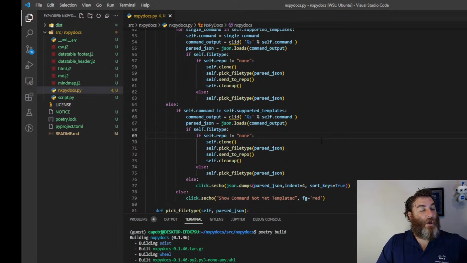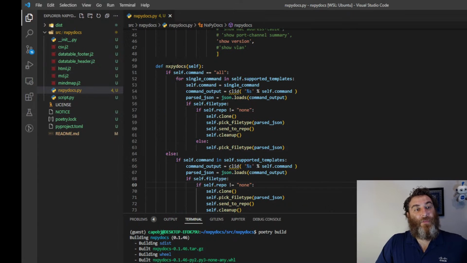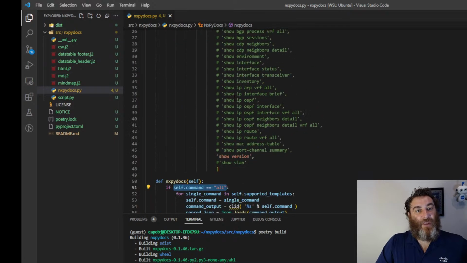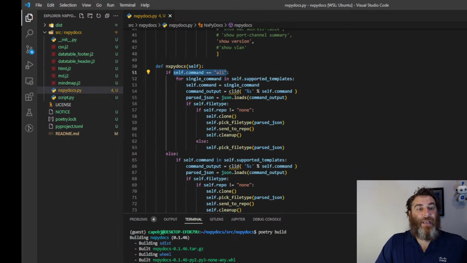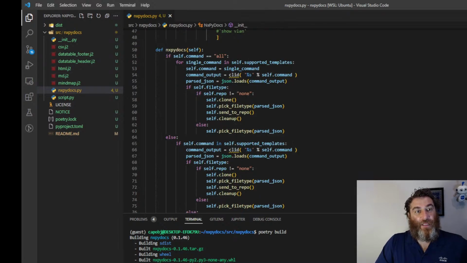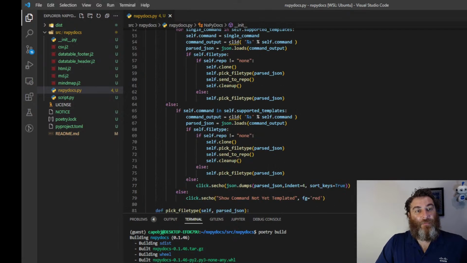So let's take a look at the code. So basically they run the command, and if the self command equals all, then loop over this list of commands with templates. Right now I just have show version. And right now we're just going to skip that, right? So the else, if self command is in the templates and show version is, then,